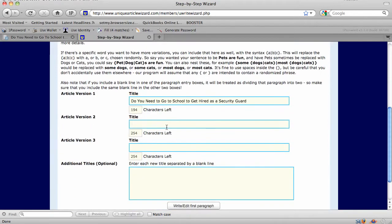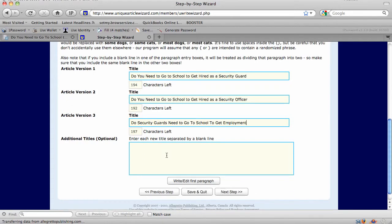Now the next step is you want to create different titles for your article. So right here I have, do you need to go to school to get hired as a security guard? Do you need to go to school to get hired as a security officer? And maybe, do security guards need to go to school to get employment? And then you can add additional titles as well. And again, it's going to mix and match these when it creates the different versions